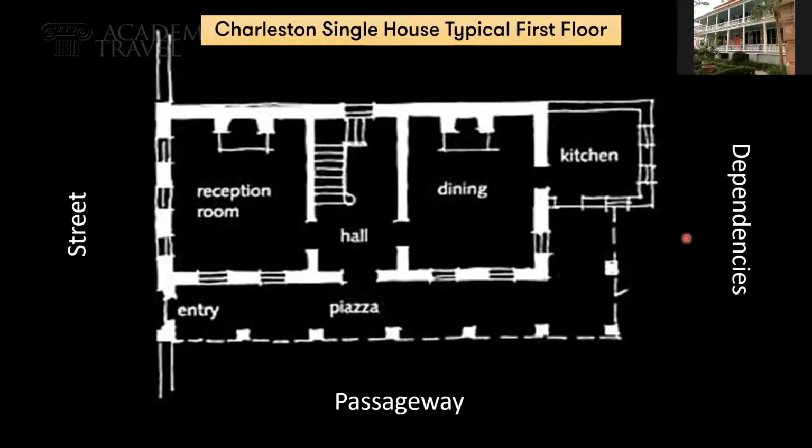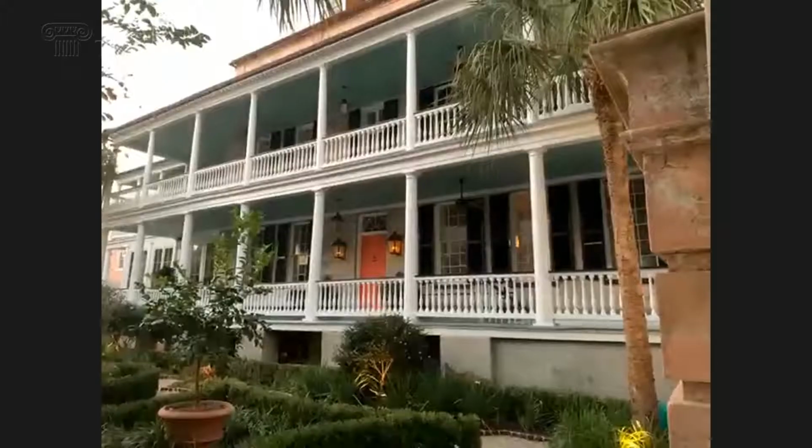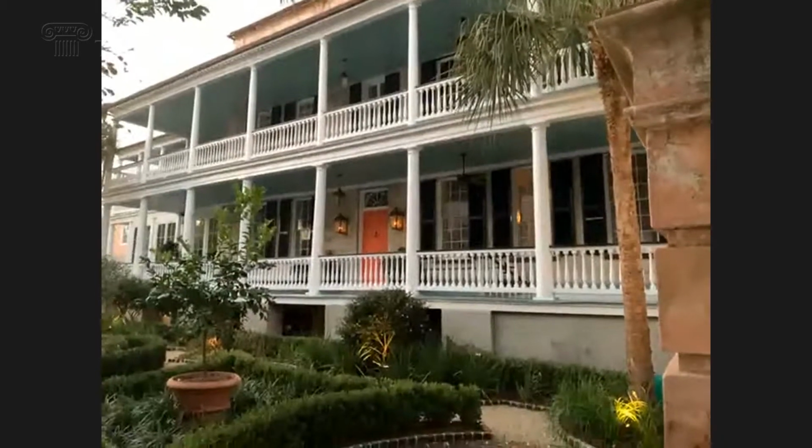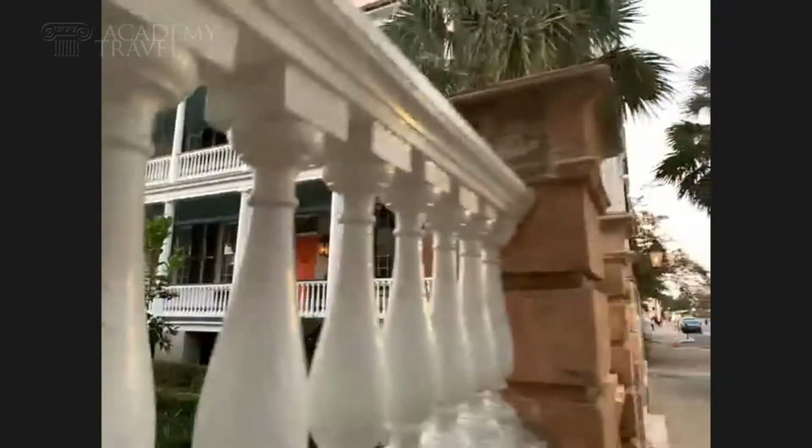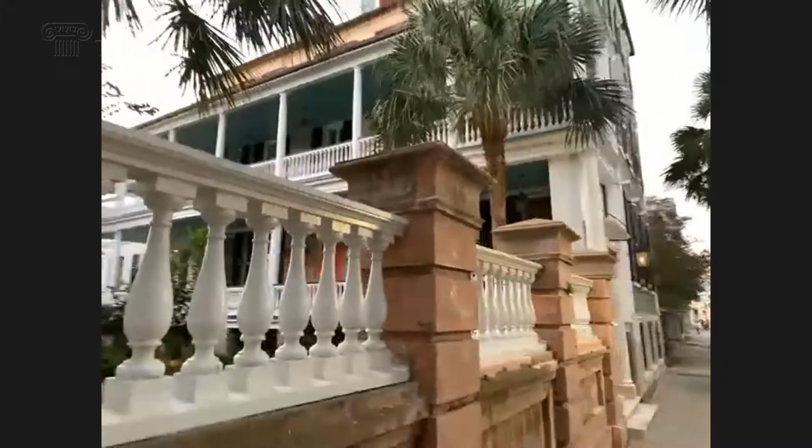Charleston's city blocks are quite long and thin, and there's a practical reason for that, mostly because of the role of slavery. When you had a building like this, generally on the street side, you had the formal rooms and the formal kind of entryway and everything that was sort of polite and socially facing. And then towards the rear of the block, you'd have what were known as the dependencies, and these were the kitchens and the slave quarters and all sorts of other things that eminent Charlestonians had. And so they were tucked way back from the street. So these long, thin blocks gave rise to these long, thin houses.